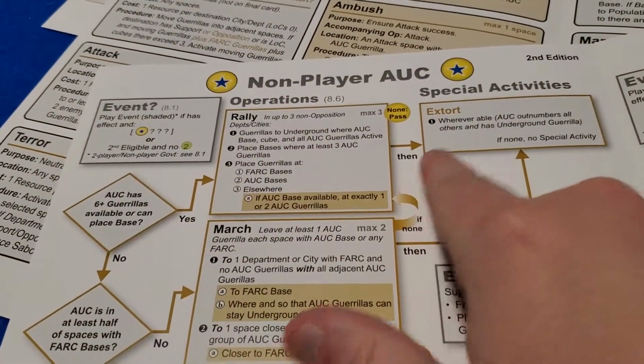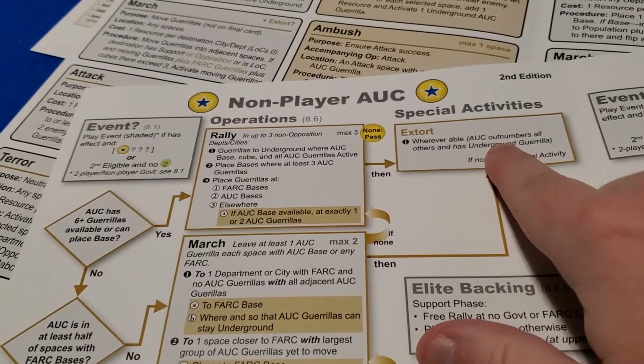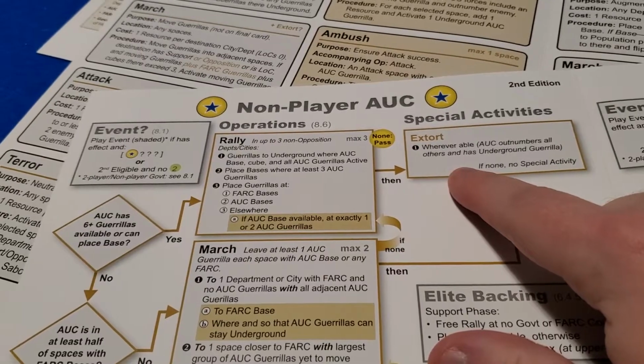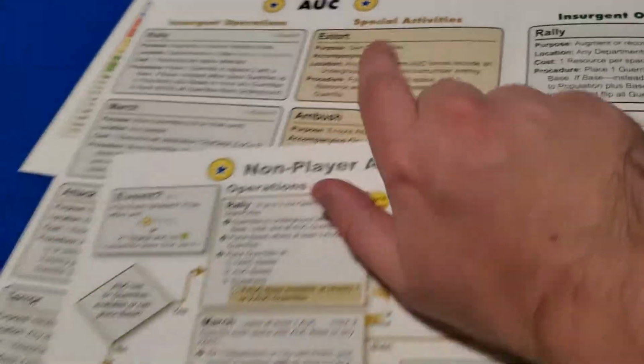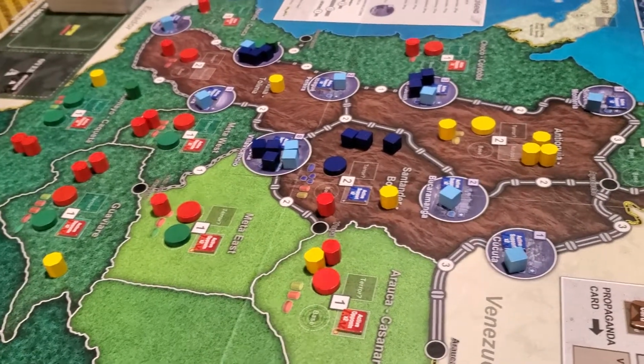They can do their special activity. They can extort wherever they're able to. And they give a little hint here. They can do this wherever the AUC outnumbers all others and has an underground gorilla. If you look at the extort special ability, any space where there's an underground gorilla and the AUC outnumbers the enemy. That happens...